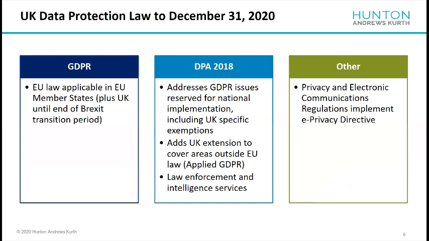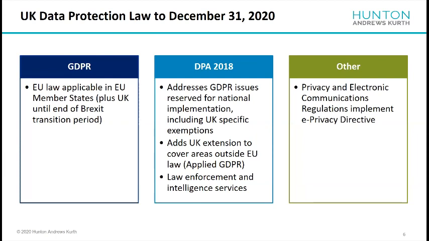As a brief reminder, our existing data protection framework in the UK, for the most part, has three key components. GDPR, which as an EU regulation has direct effect in member states, which included the UK when it took effect. Secondly, the Data Protection Act 2018, which deals with issues reserved by the GDPR for member states to implement under their national law. So in the UK, this includes conditions for processing special category data and criminal convictions data, and quite an extensive number of restrictions to data subject rights.